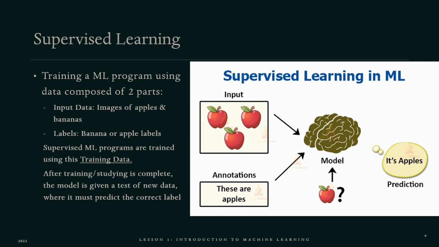It's kind of like a flashcard. If there's a question on one side of the flashcard, and then the answer is on the other side, that is the exact same way that we are teaching this program to learn. By giving it a flashcard with the question, and then it flips the card and reads the answer on the back. And that answer on the back you can think of as the labels, or the annotations in this image here. And that is it. That is supervised learning. We're giving the answer and the question.